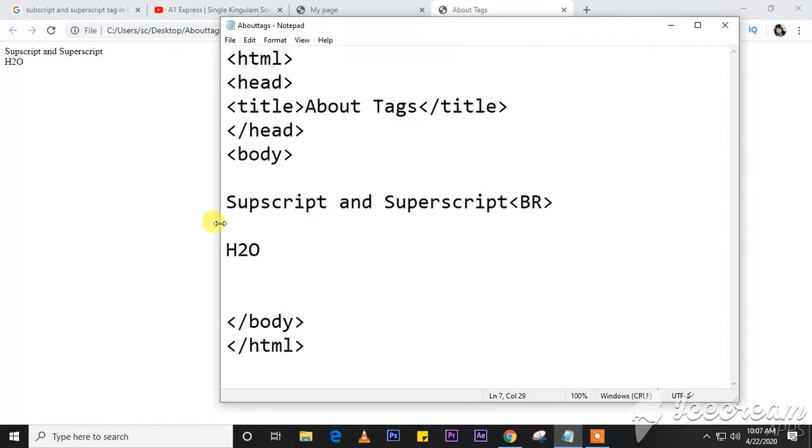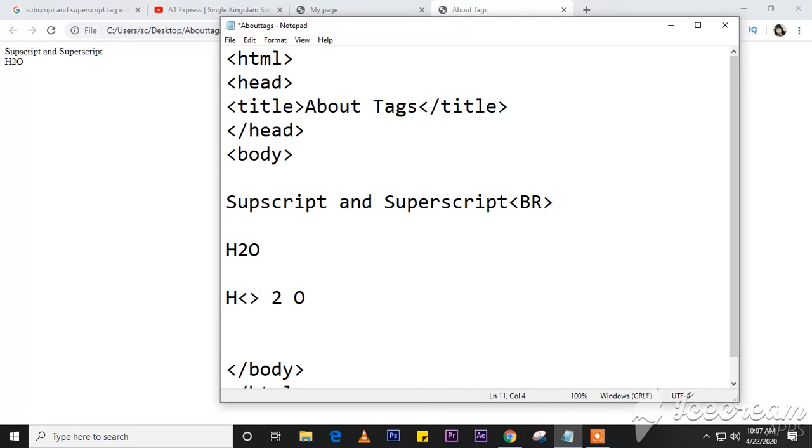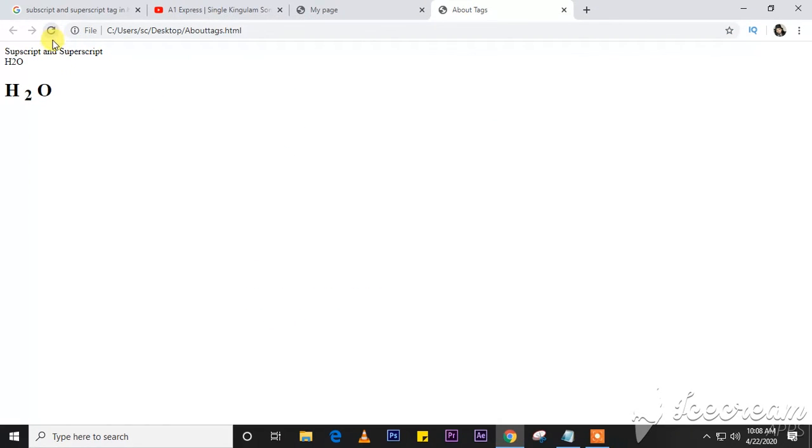Now I am going to write here, this is normal text. How can we apply the superscript and subscript for this H2O? I have written H2O. In between H and 2 I am writing SUB and close the SUB. I have an open tag and a closed tag, and in between there is 2. Now I am going to save and see the output here, how it is coming. If you observe here, that H2O for chemistry formulas, you can observe that one.